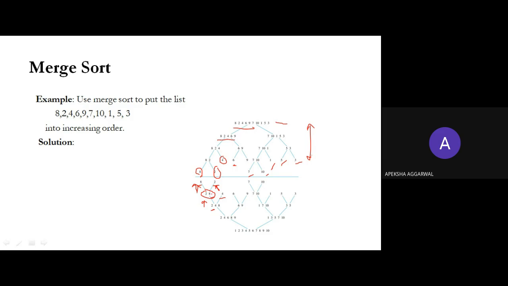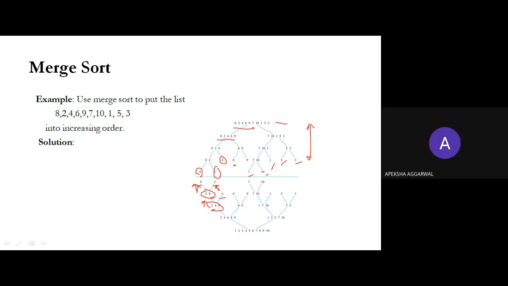If you have two lists and suppose the elements were 2, 3, 4 in the left-hand sublist and maybe 1 in the right-hand side, you will pick out 1, and because the right-hand list is finished, you will note down all the elements of the remaining left list. Why? Because it is already sorted. So you will note down 8 over here. Clear? This 2, 4, 8 is clear to everyone?